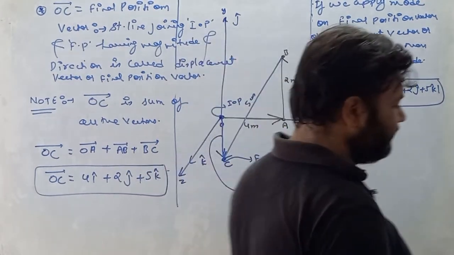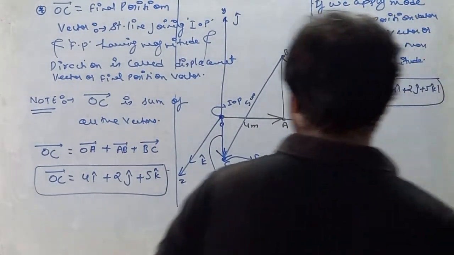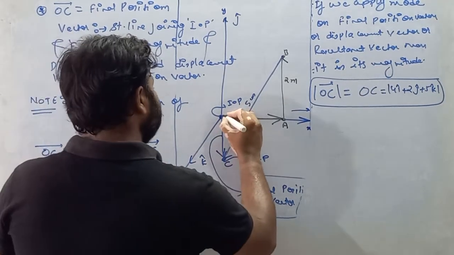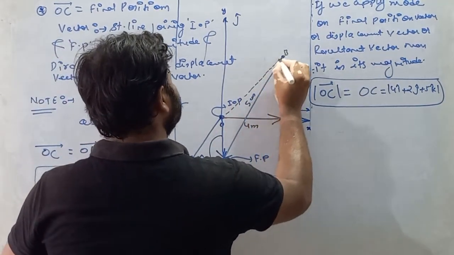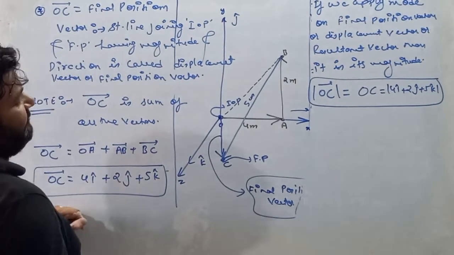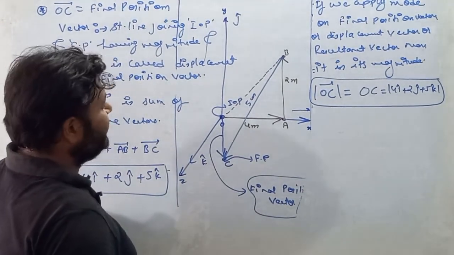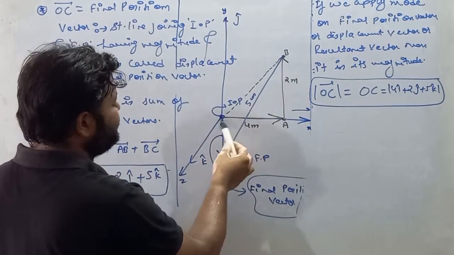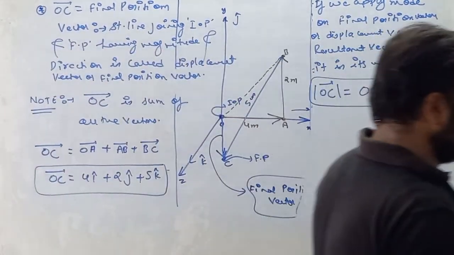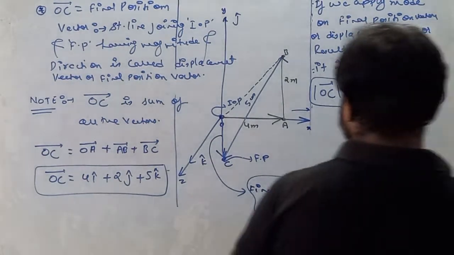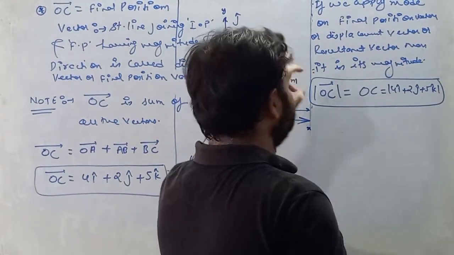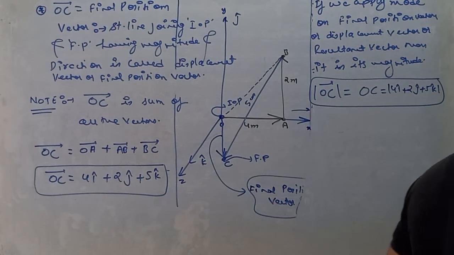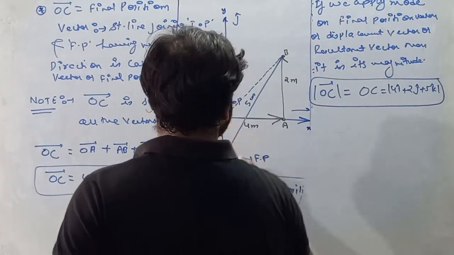Now we'll move forward. See, I'll make a line from O to B. So if you see here, we'll form a triangle called OBA, or we can say OAB, and similarly we have another triangle, it is OCB. We have two different triangles, my dear student. One is OAB and the other is OCB.